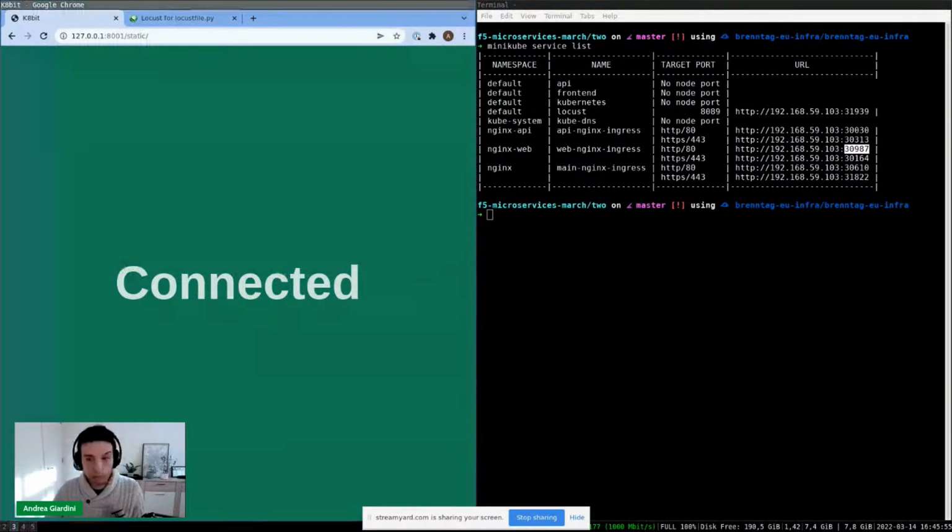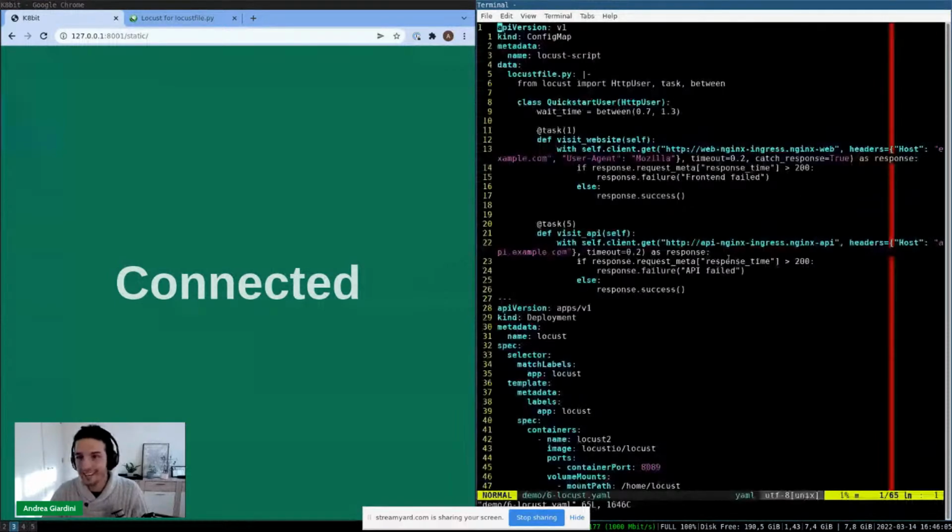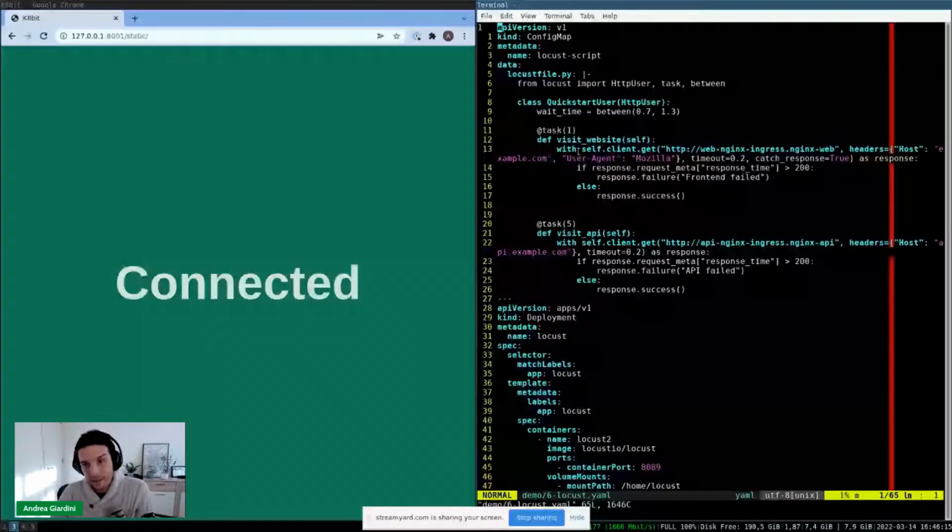Next step that we need to do is to modify our configuration for Locust, the software that we used before to basically attack, we can say, our API server. In this case, we made a very small but very important change. Looking here, before I specified the host name in the Locust web interface. But in this case, we want to be sure that the two